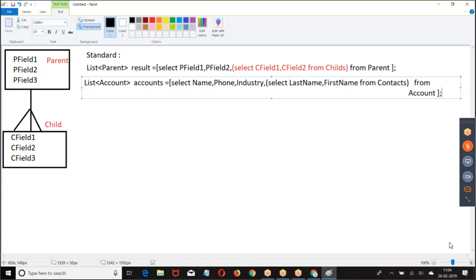Select parent fields, comma, select child fields from child from parent.